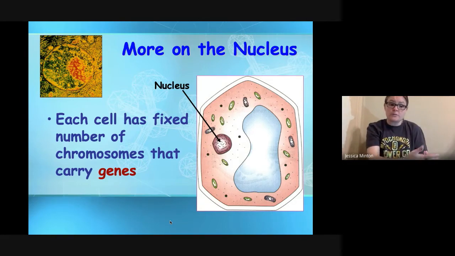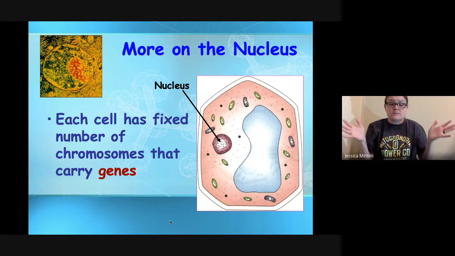We've got the 23 pair. And depending on that, we could also have an extra copy of one of those. It would be like, okay, I've got 47 chromosomes, but it doesn't mean that I got a 24th pair. There's a type of fern that has 64. There's also a type of fern that has over 100 and something. But we all start looking at different things, and that fixed number of chromosomes that carry those genes make it